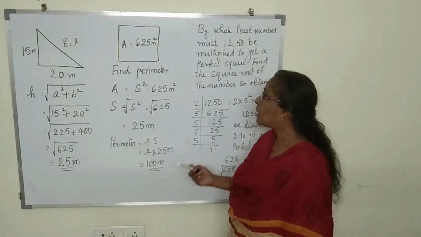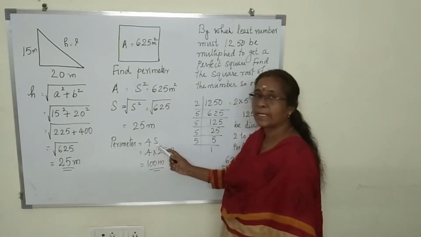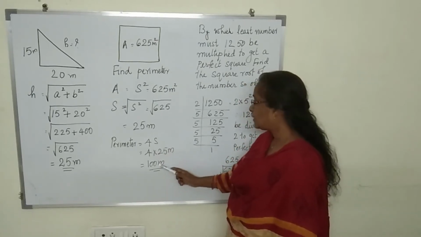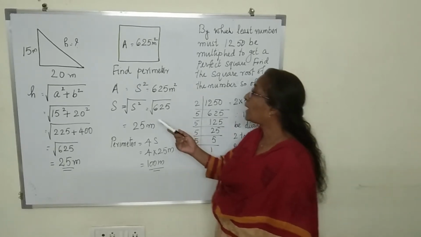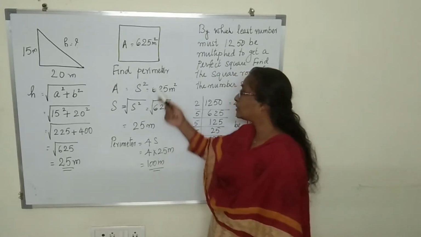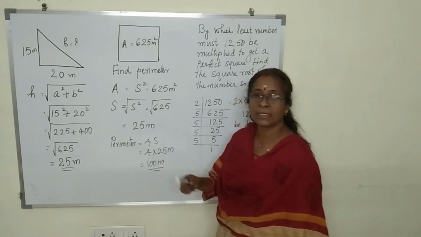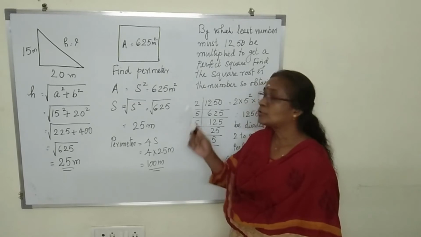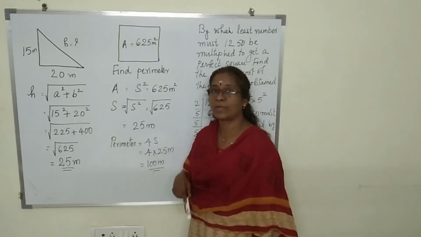Now, how to find the perimeter of the square? Perimeter of the square is 4 multiplied by side. So, 4 multiplied by 25, that is 100 meter. Now, in some questions they may ask you to find the cost of fencing the farm or whatever it is. So, the rate will be given. So, in such cases, after finding out the perimeter, you need to multiply with the rate to get the total cost. Okay. So these are all applications of square and square root in our day-to-day life.